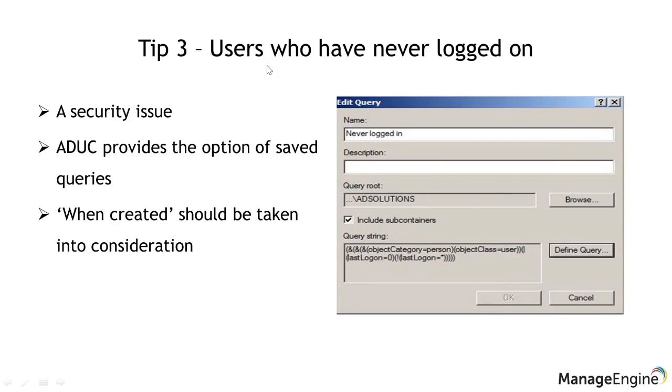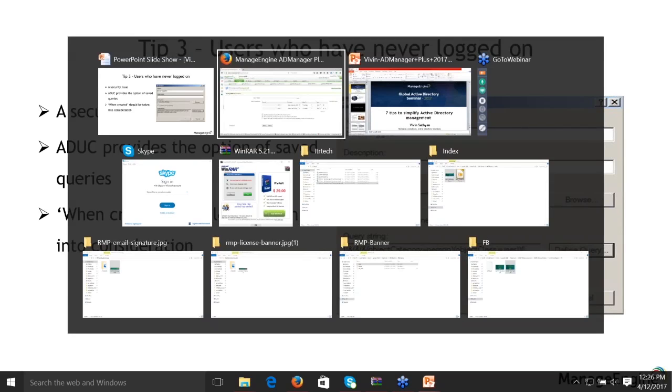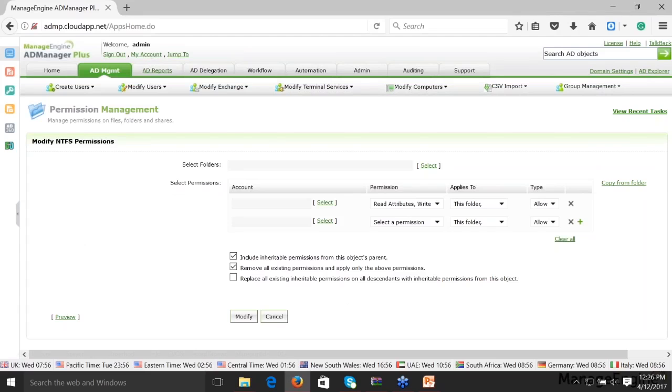So we are going to find out users who have not logged into your Active Directory infrastructure, but whose account is still in an enabled state in your AD, because this is something that you as an administrator would be interested in knowing. So I go to reports again,